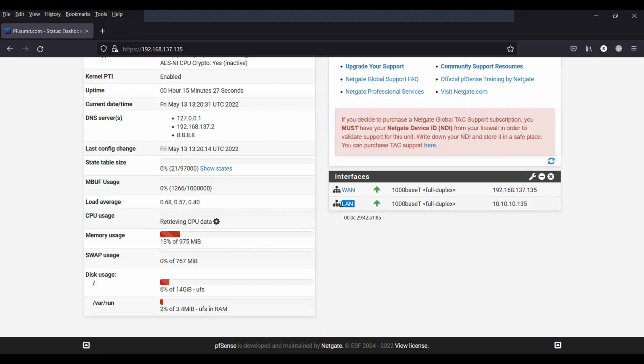In my case, the client will connect to the LAN interface, so I'm supposed to have the DHCP service running on the LAN interface that will give away the IP addresses to the client, so that the client will then direct all the traffic to the firewall, and the firewall can then do the captive portal